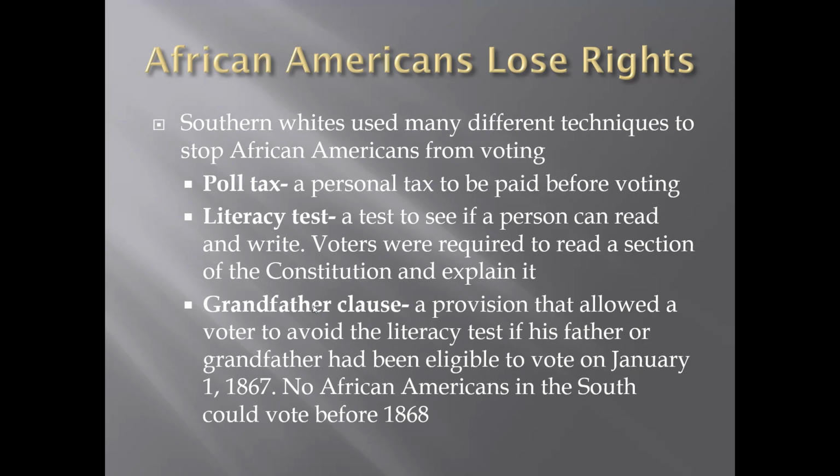All these laws were intended to specifically target African American males and make sure they couldn't vote. There were lots of loopholes and things that would allow white voters to vote, so they didn't have to pay the taxes. They didn't have to take the literacy test. This was very much focused on just African Americans to make sure that they did not get to vote.